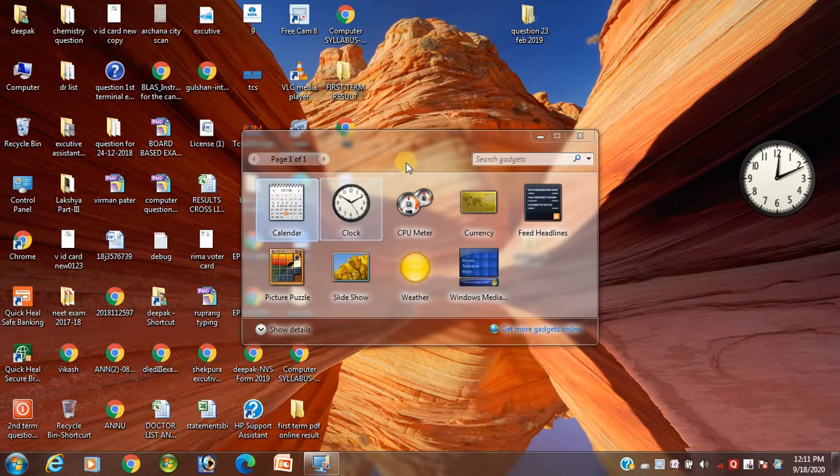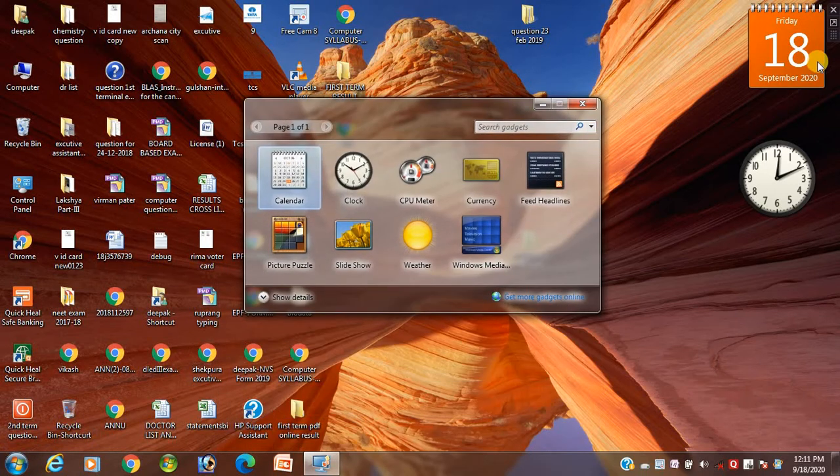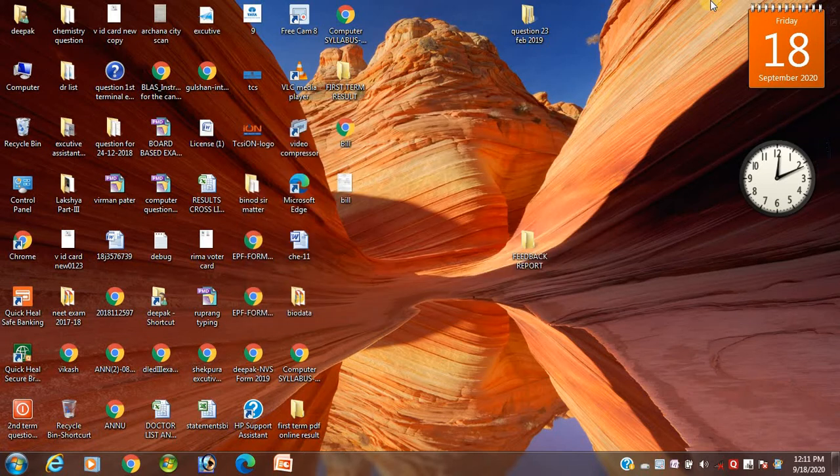So student, you see, this is your clock, this is your calendar. Yes or no? Now I'll close this one. You see, this one will be placed on the desktop. If you want to close this one, you can easily close it. How? Just click on this one and it will be closed. In this way you can also use the gadgets.